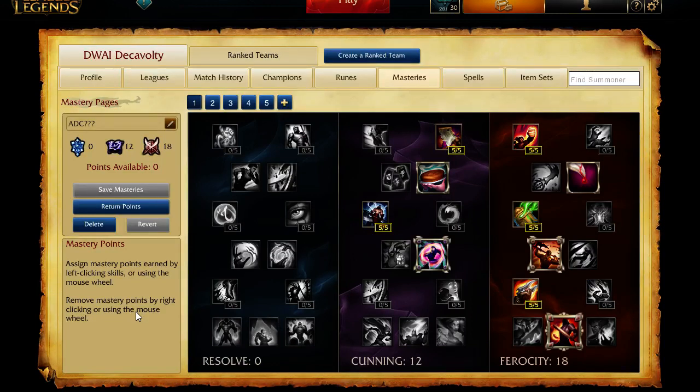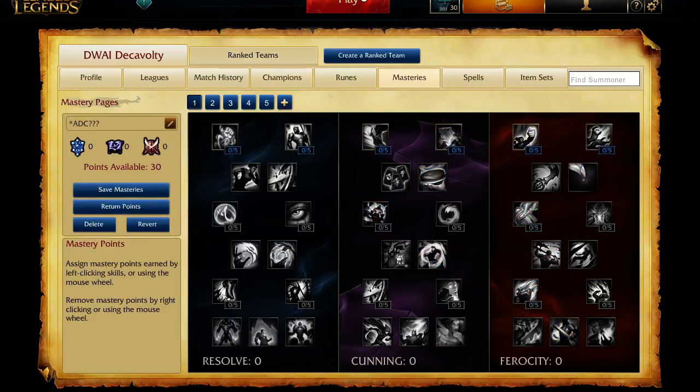So first, I'm gonna show what I have placed for this very tentative, probably literally the first ever AD carry page that I will do. And let's just return the points real quick, so I can introduce you to what I think will be the thing that we go through. Okay, so first I'm going to introduce you to Ferocity, which more or less you might remember as